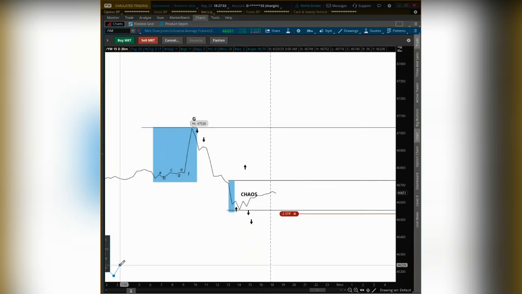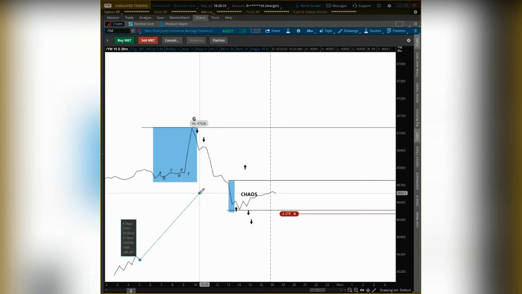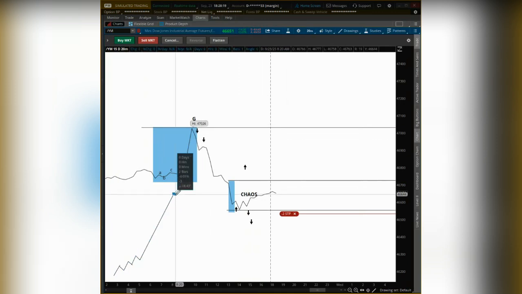Ideally, textbook, you're going to have your 5 up, roughly. They don't have to be exact. We're talking similarities. If you have something exact, you can measure it, but you can't measure fractals. So this is what happened, in theory. And then we go back down, and that's what happened.